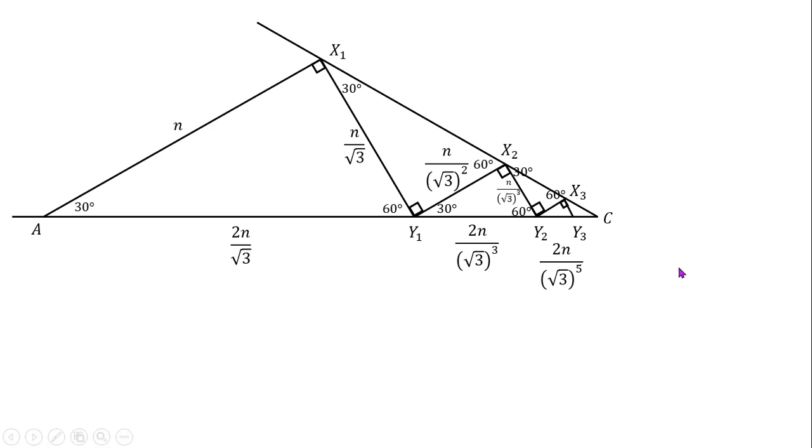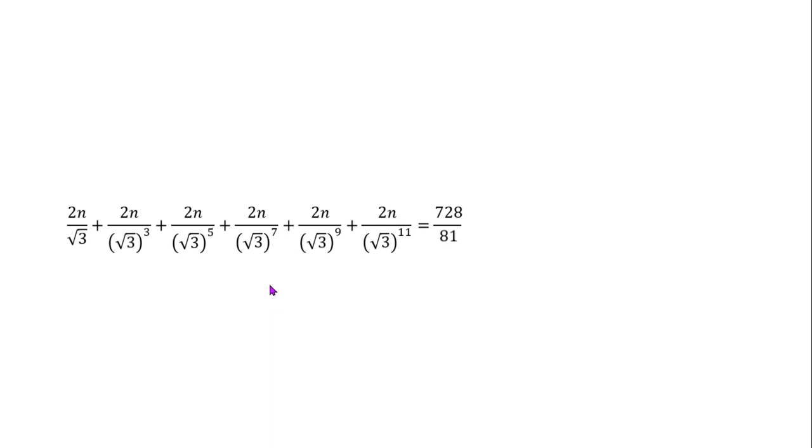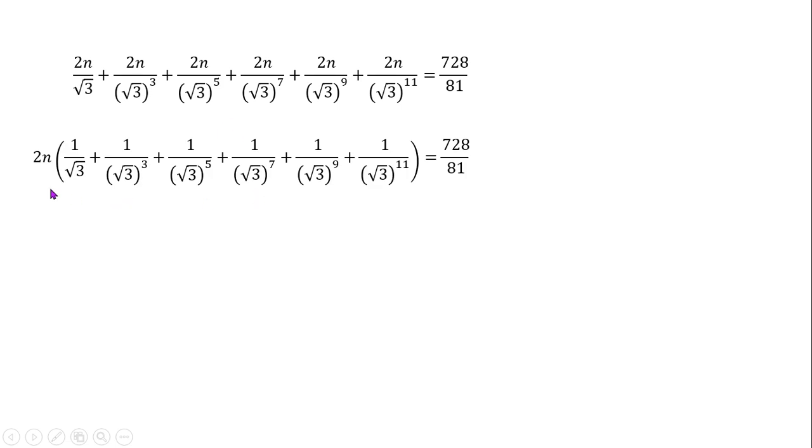Alright. Now, obviously, if you extend the process up to y sub 6, the expression in the left-hand side of this equation can be turned into this. Okay, so now this expression is in terms of n. Now, if we can find n, then we can easily solve the problem. So let's use this equation. We can factor out 2n, and obviously this one